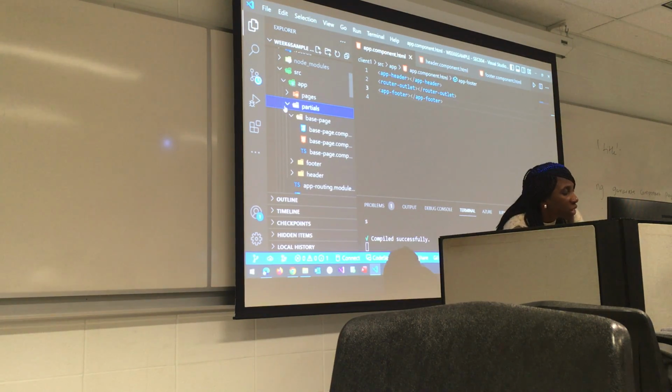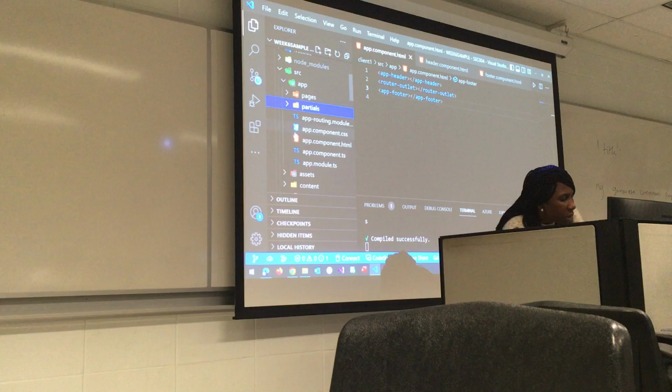When you created the partials, it generated it. So it's inside the partials, inside the app. So these are all the partials. Okay, so it is this partial view that is being rendered on all the pages.